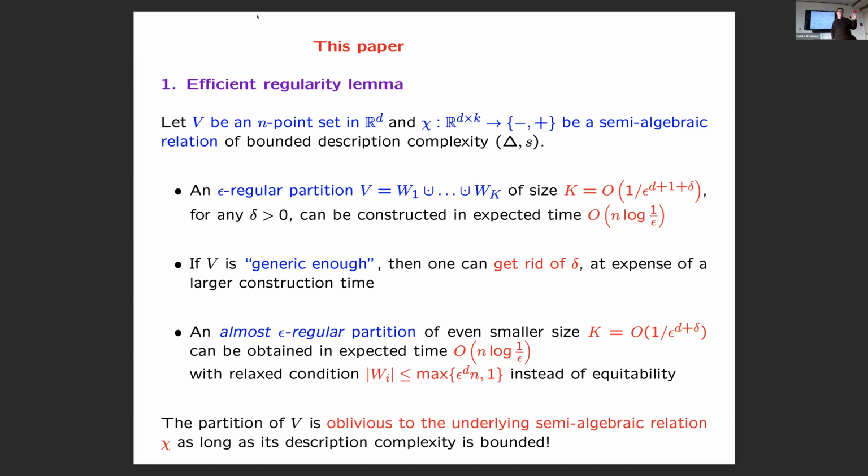So you don't care what the relation is. It is good for any number of